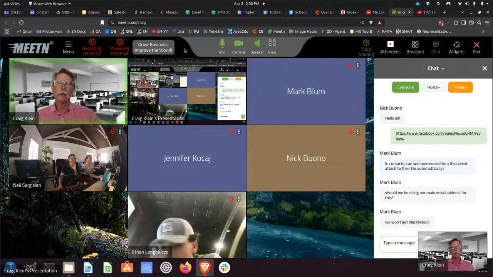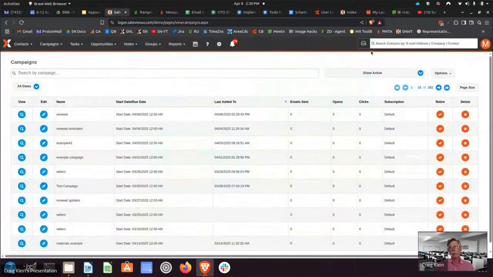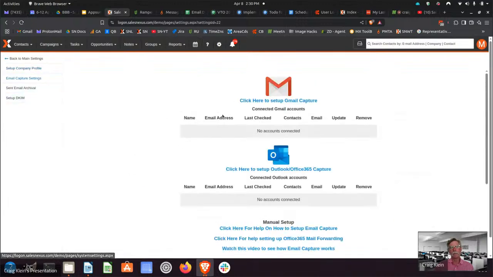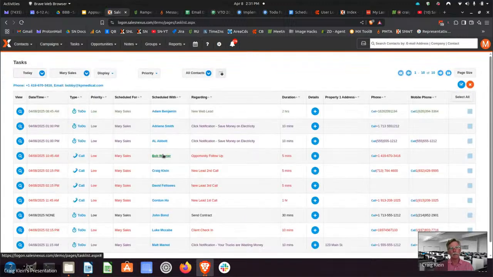Yeah, so the first question, that's what we call our email capture service. So for everybody else, if you go here to settings and then email capture settings, here you can connect to either your Google or your Outlook account, and it will automatically grab all the emails that you're exchanging via your Outlook or Google account and find the customer in SalesNexus and then attach that email to that customer record, so that when you come to a customer in SalesNexus like this,